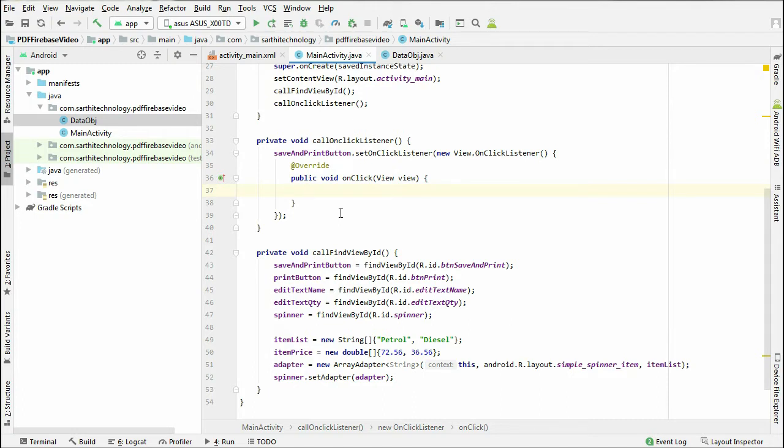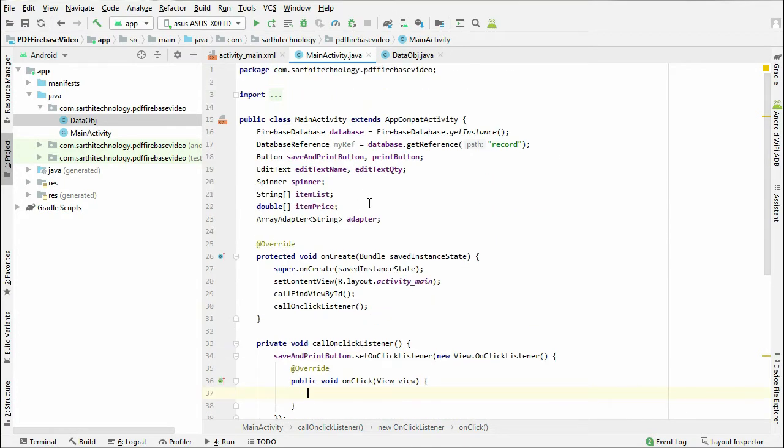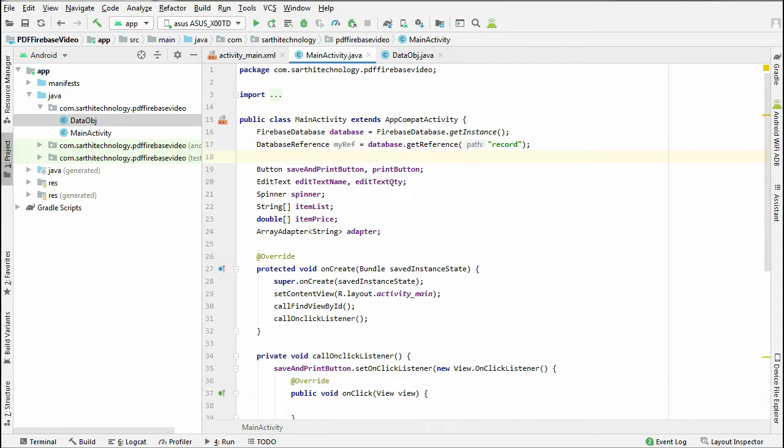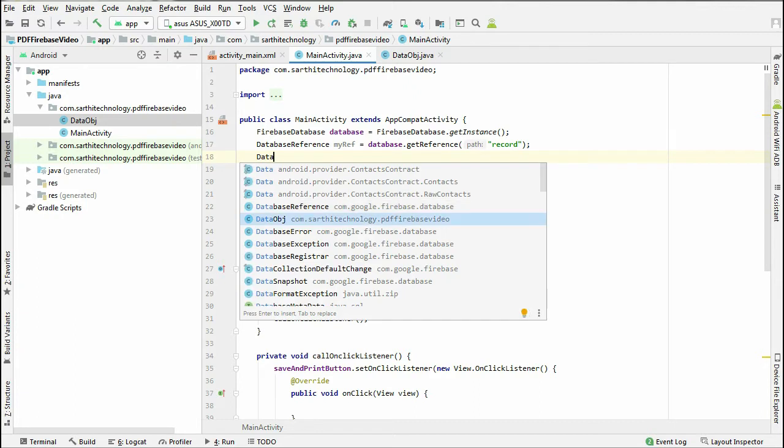First we need to create a data object, data obj. Anywhere you can create it, for example here.